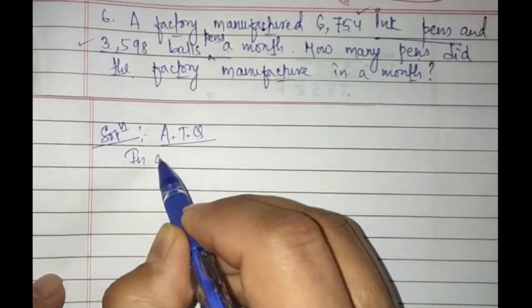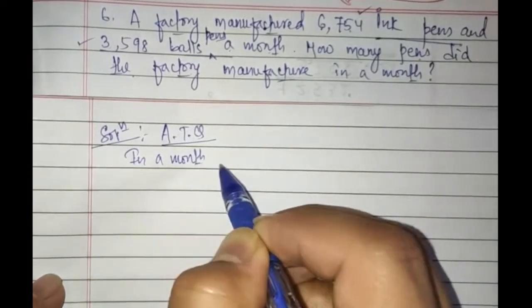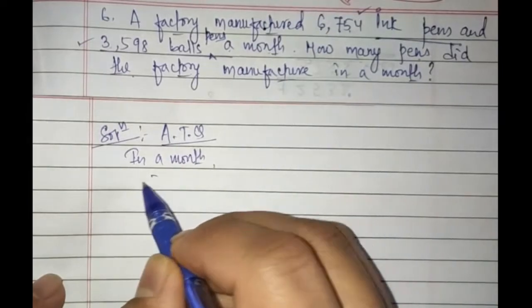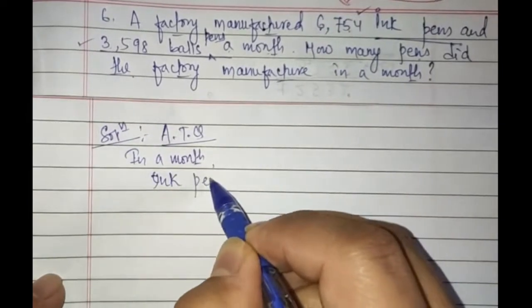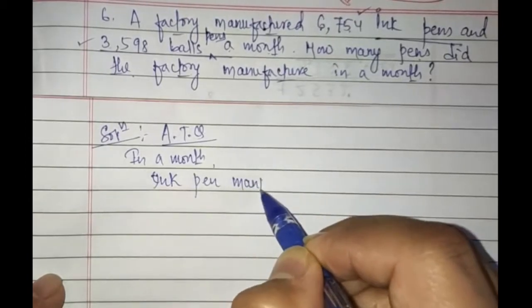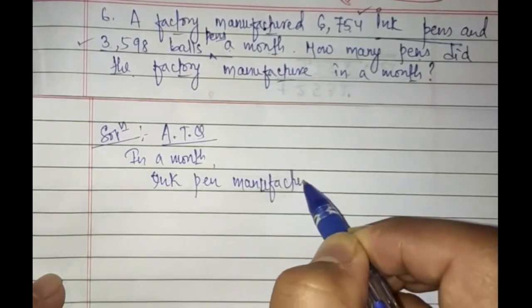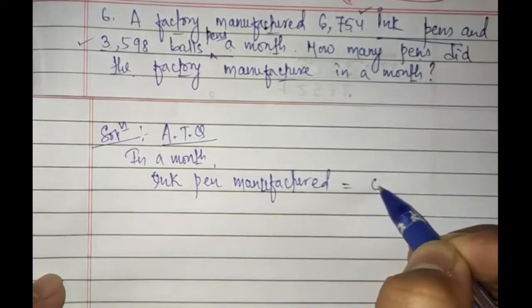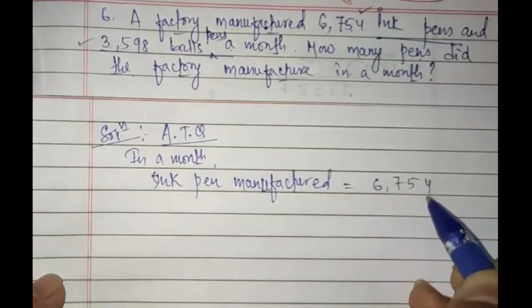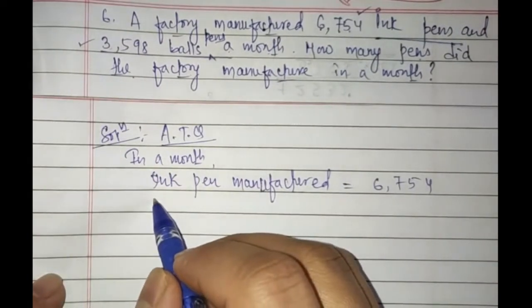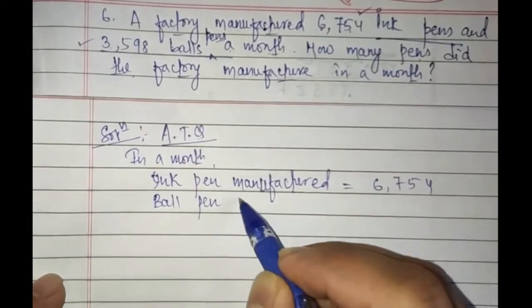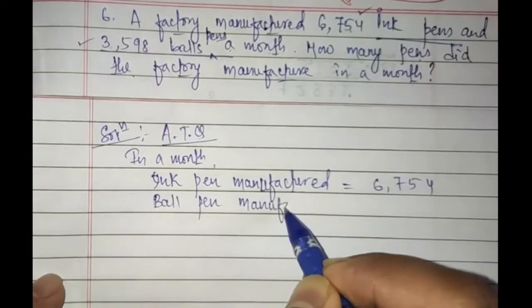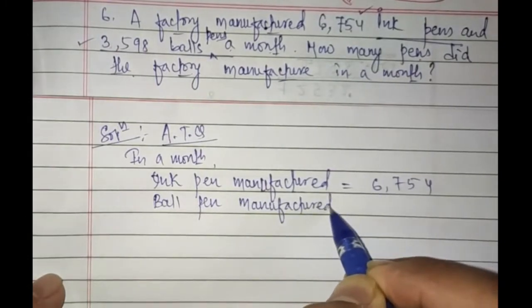In a month, the factory manufactured ink pens equal to 6,754. Similarly, ball pens manufactured is equal to